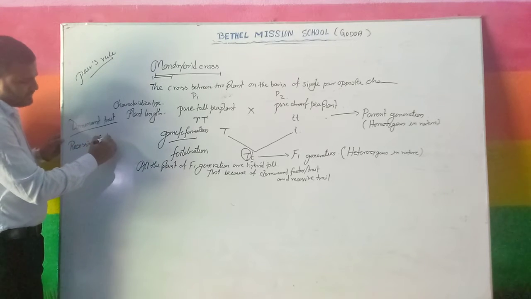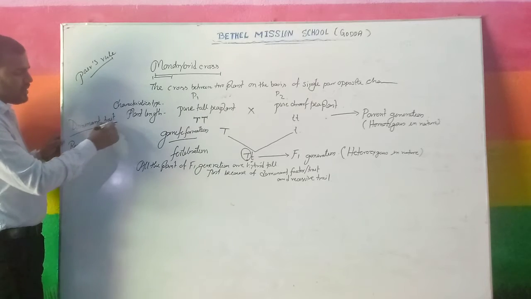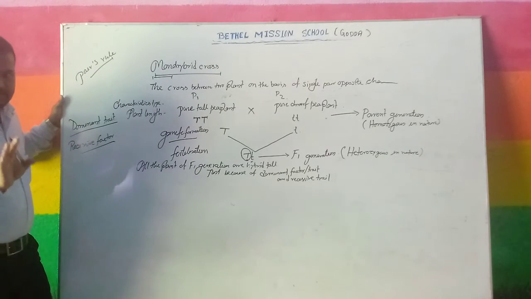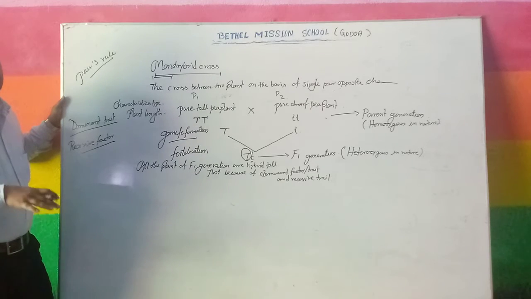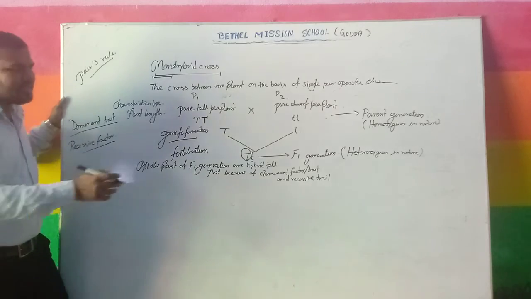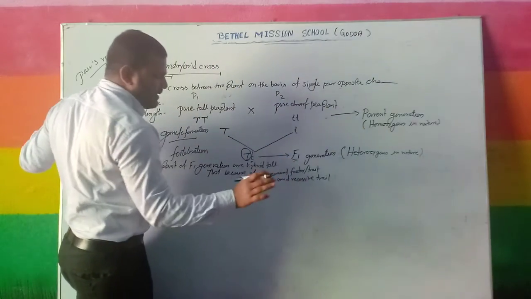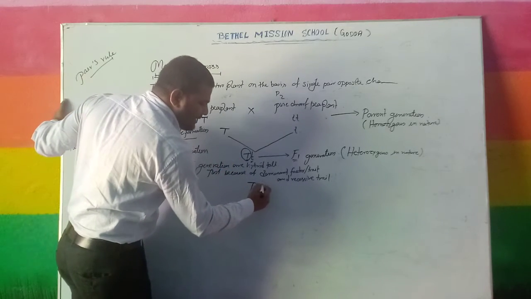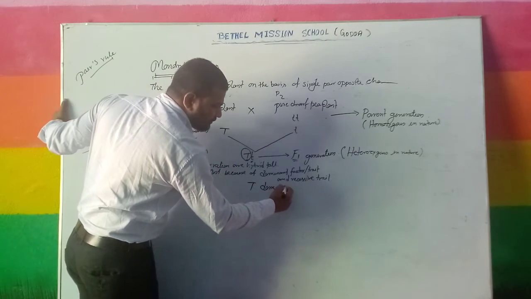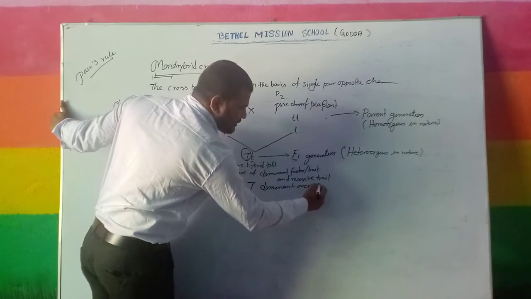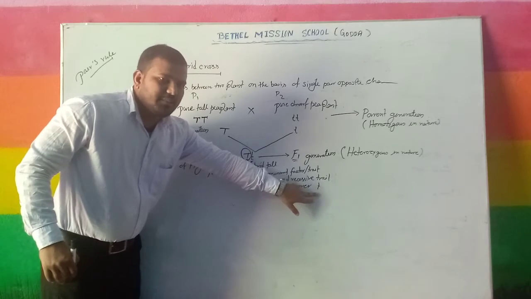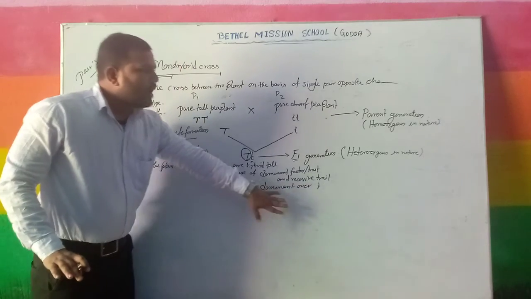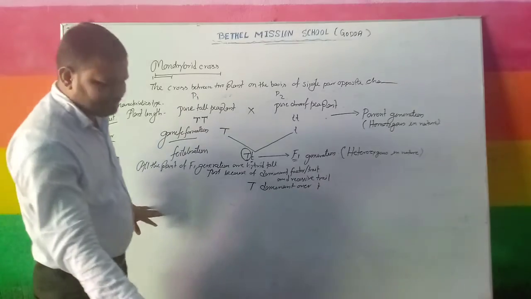So the dominant trait or factor is going to be developed or expressed in a heterozygous organism, and the remaining factor which remains unexpressed is known as the recessive factor. So in the case of the F1 generation of the monohybrid plant, capital T is dominant over small t. This is the dominant factor and this is the recessive factor. Clear?